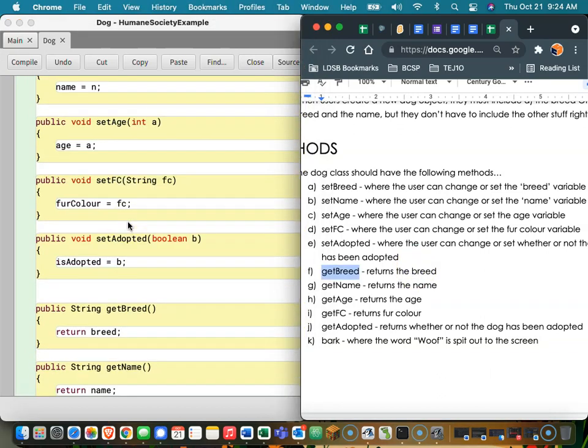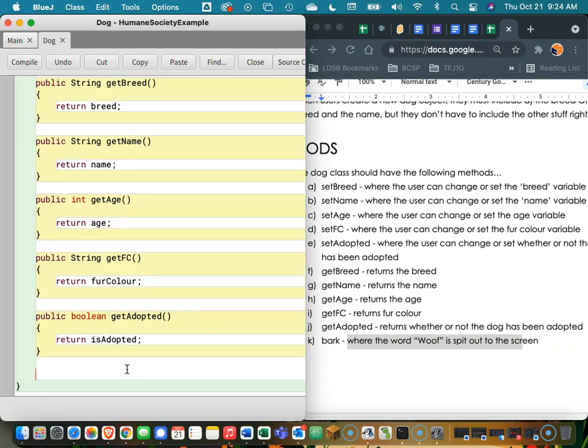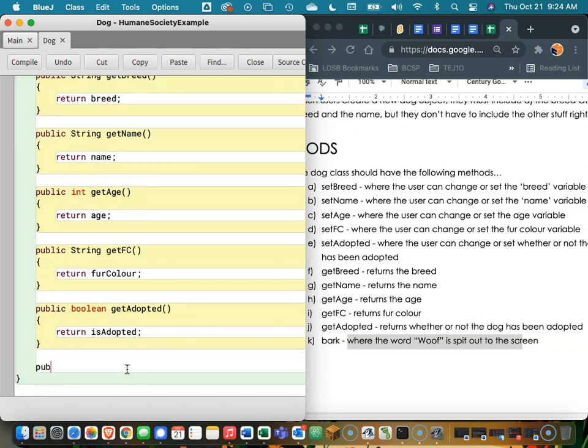So now I have all of these done from here all the way down to here. And then I have one other method that I want to write that says bark, where the word woof is spit out to the screen. For that one, what James said is going to be right. public void bark